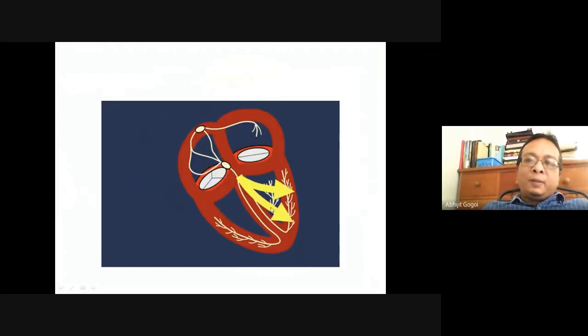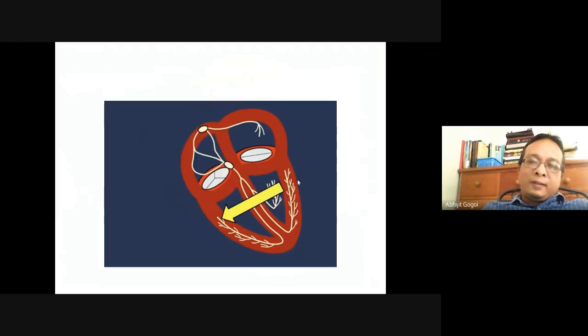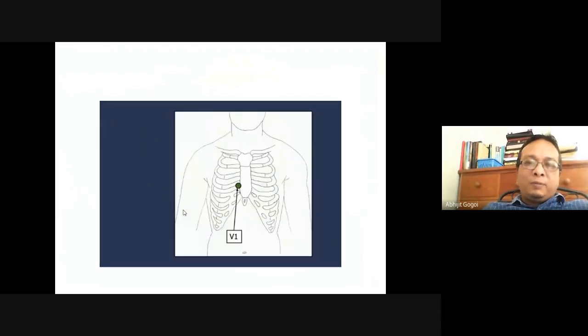When the left ventricle starts contracting, then all of these impulses together, because the right bundle is blocked, will go towards the right side. And if you remember which ECG lead is on the right side of the heart, only one lead, that is V1, which is somewhere here on the right side of the chest. So this vector is going towards the positive electrode, and in lead V1 we will get a positive wave, because V1 is placed right here and the vector is in this direction.